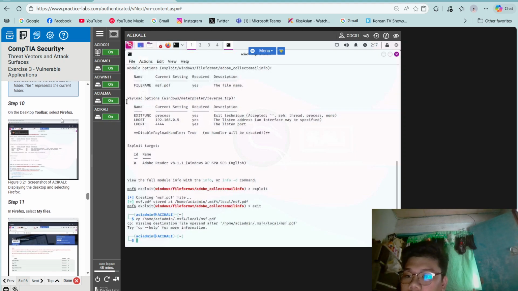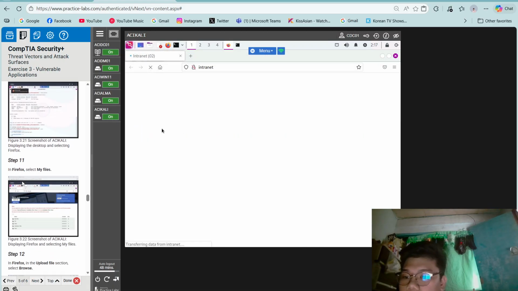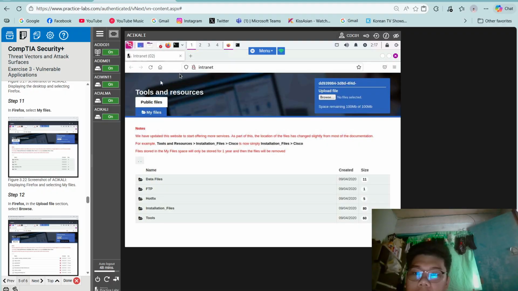Step 10. In the desktop toolbar, select Firefox. In Firefox, select My Files.